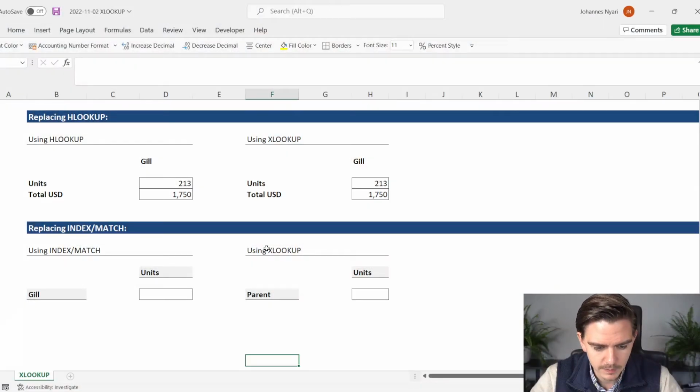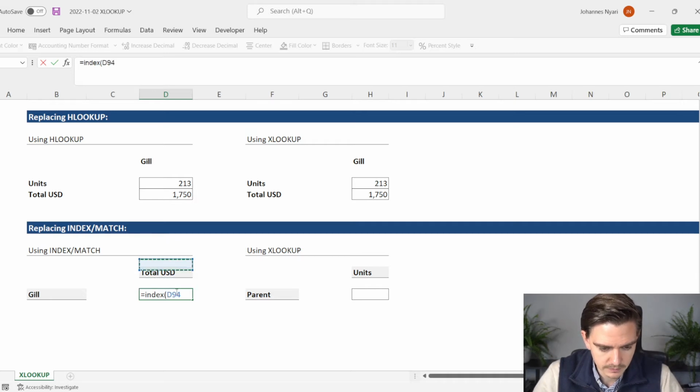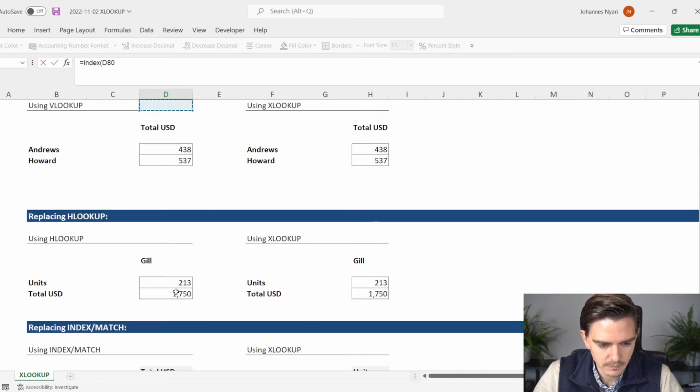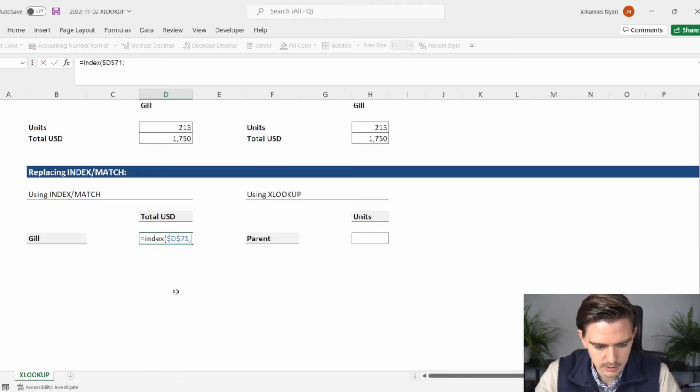So what I did is basically I created a drop-down menu here so that we can switch between units and total USD, and then we can also select the sales representatives. Now let's use index match. Index, this is very, very classy how you would use index match. We mark it here. The match, we are looking for Jill